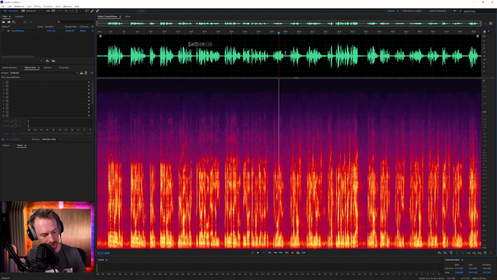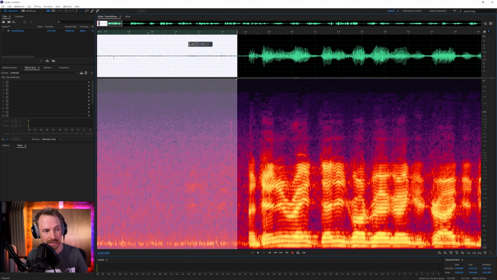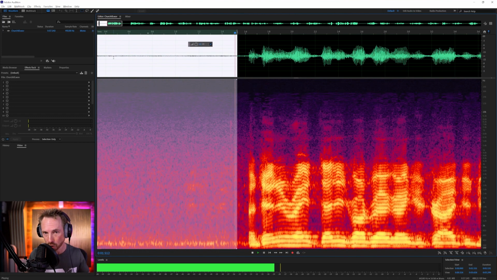So let's get started. First of all, I'm going to capture a noise print in Adobe Audition, which you can do with any audio that has background noise, and remove it. What I need to do in order for this to work is find the longest duration of background noise, probably here, and highlight it. We'll zoom in so we can really see it and play it. Okay, that is all background noise.